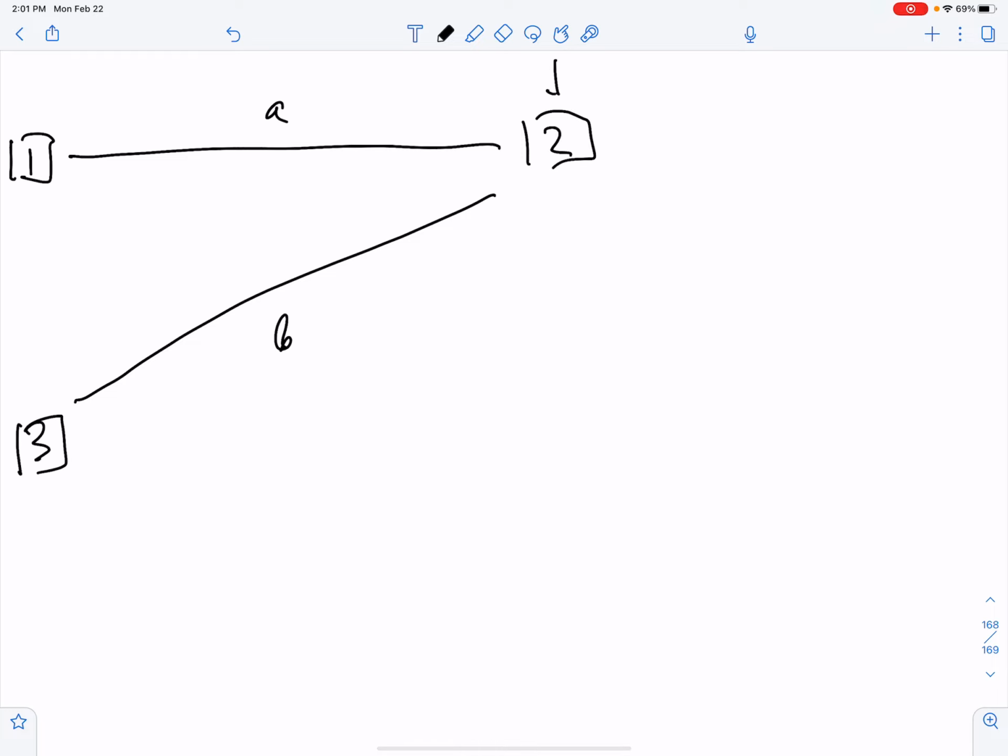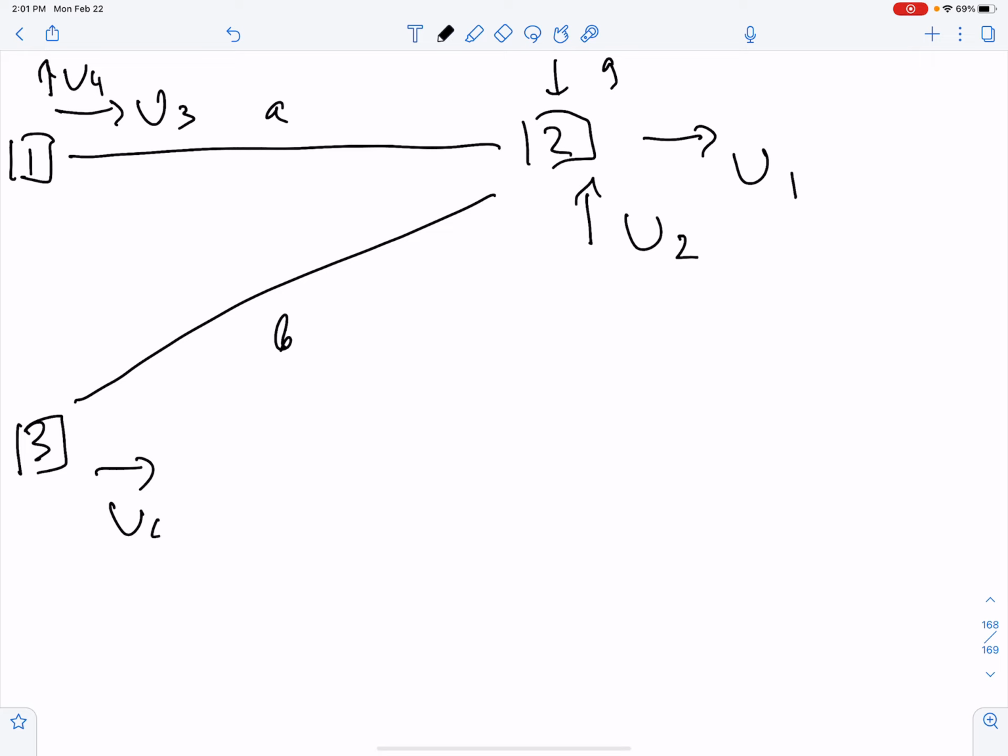This guy was subjected to the force acting in this direction. These were the global degrees of freedom, U1, U2, U3, U4, U5, and U6. And so this is the